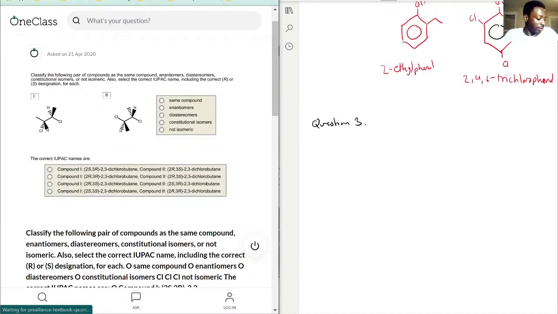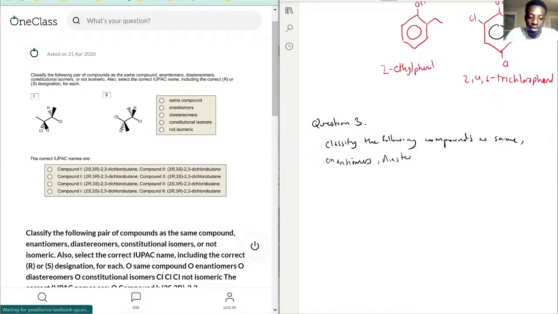So, first, you want to classify the following pair of compounds as same, enantiomers, or diastereomers. Okay, so just to make sure,